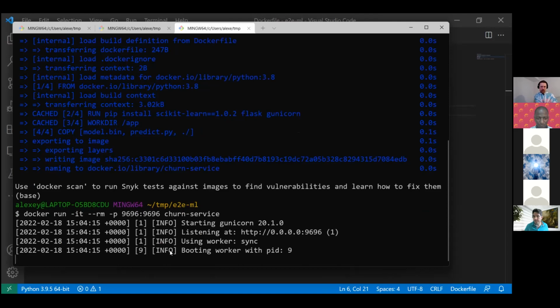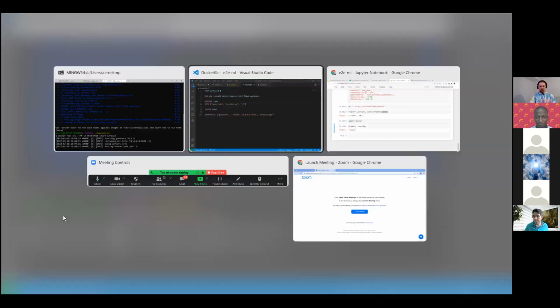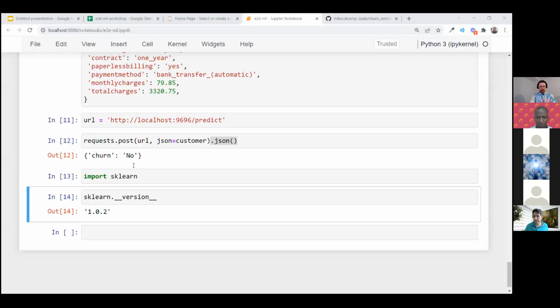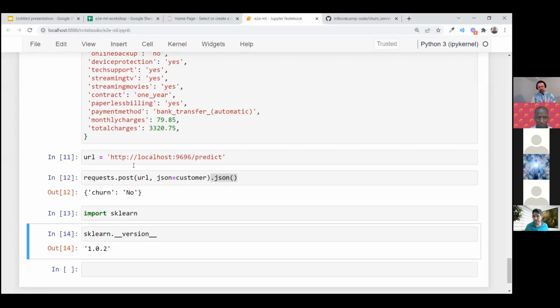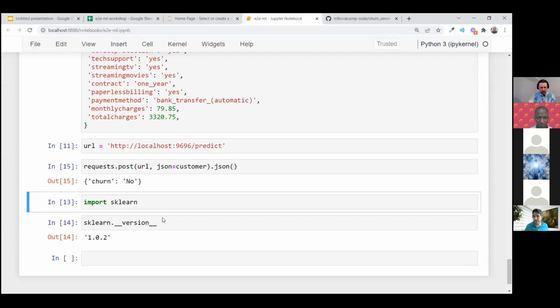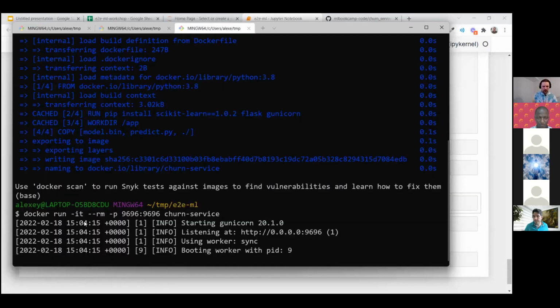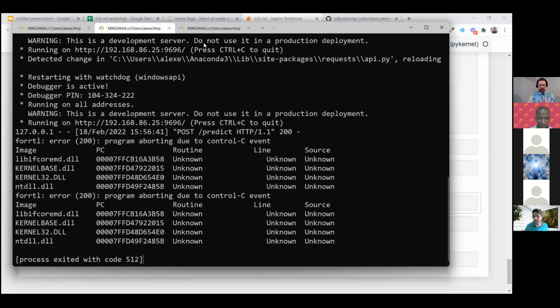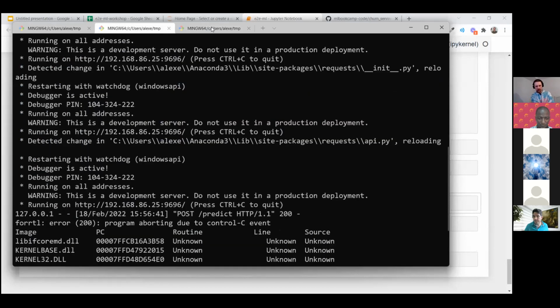Now it should hopefully start. Yeah, so we see some logs. So it is running in Docker. And if I execute the same thing right now, I get the same answer. So this is cool. I don't see, unfortunately, anything in the logs, so they are not very verbose. But because I stopped the other service, which is no longer working, the request went to this Docker service.